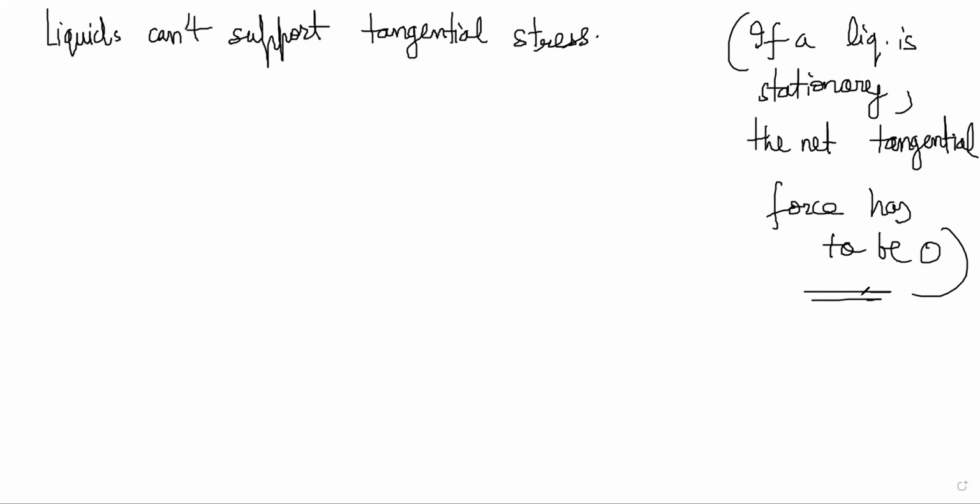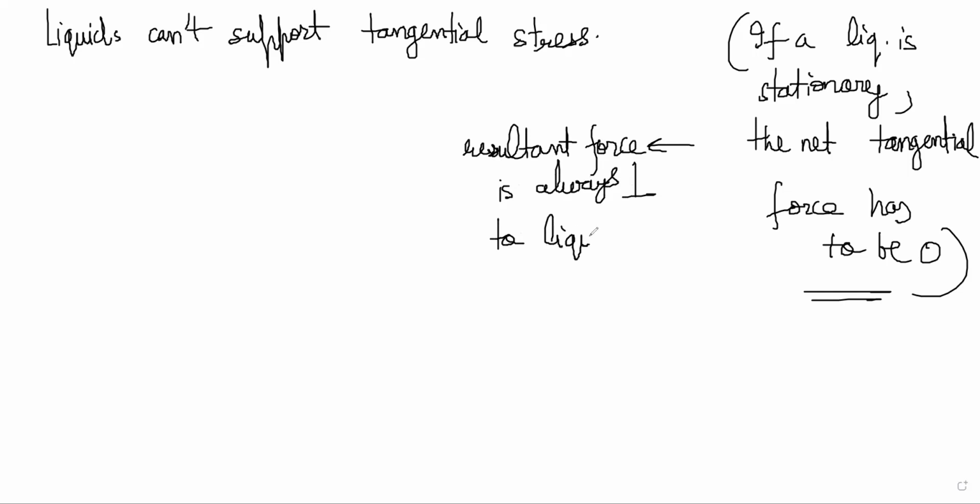So that is what he's saying. The resultant force on any small part of the surface layer must be perpendicular to the surface there, right? If the tangential component is 0, then the resultant force is perpendicular. Resultant force is always perpendicular to liquid surface. That is the rule. So now what we have to do here is balance out 3 different forces. Consider a small part of the liquid surface near its contact with the solid.